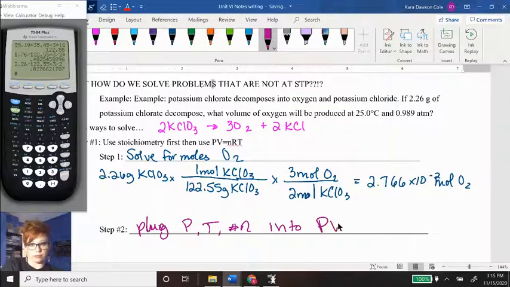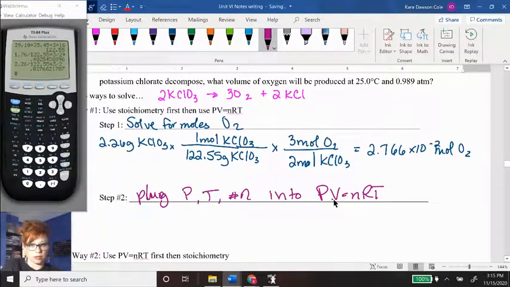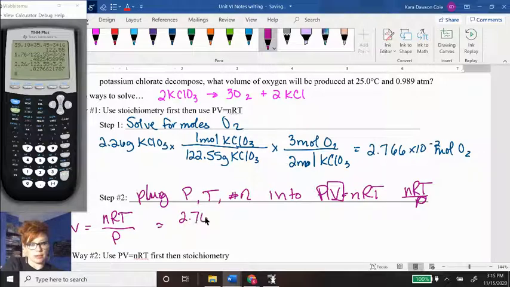into PV equals nRT. And we are solving for volume here. So it's going to be nRT over P. So nRT over P is equal to the volume, which is equal to my moles, 2.766 times 10 to the minus 2 moles of oxygen times